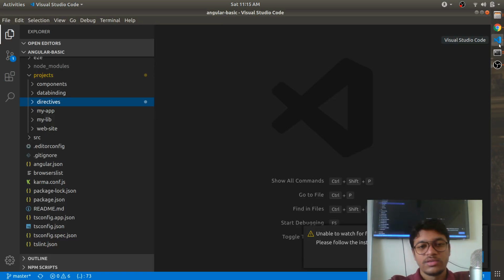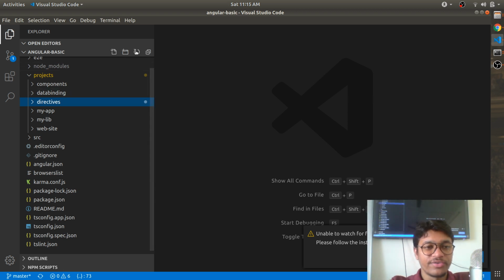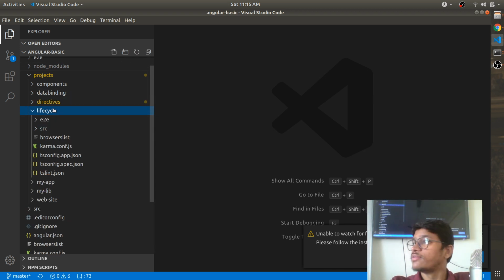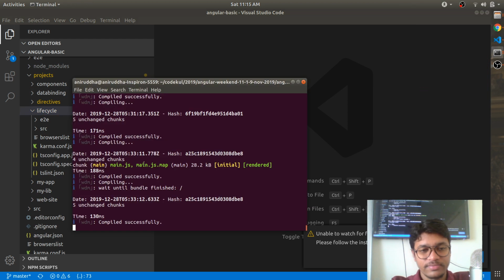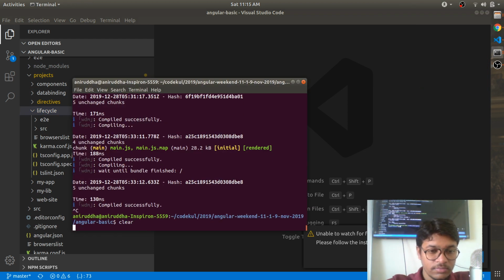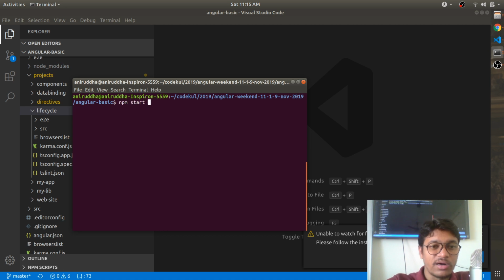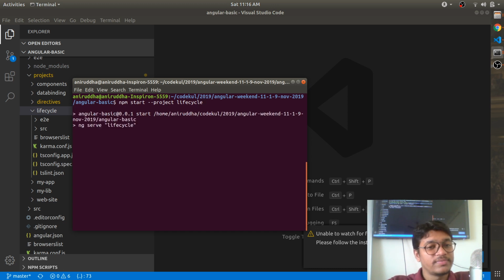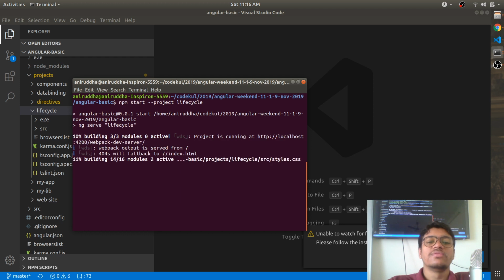Okay. So I have created it, just refresh it, lifecycle is there, right? And instead of running npm start, it is npm start -- --project lifecycle. Right, npm start -- --project lifecycle. Okay. Now,